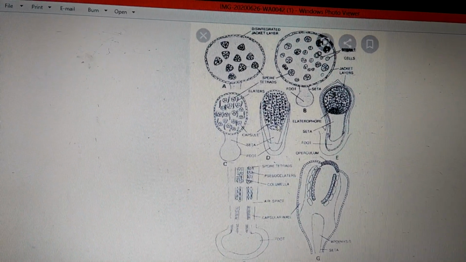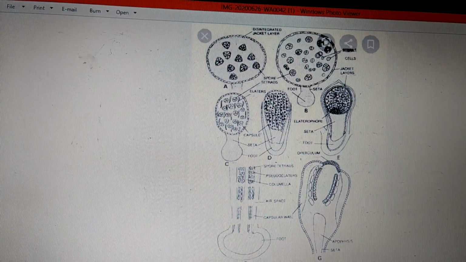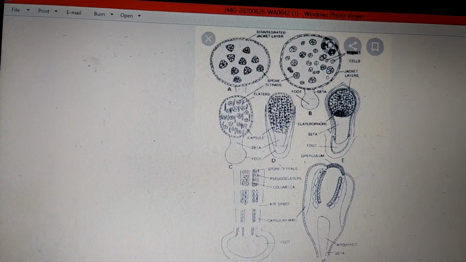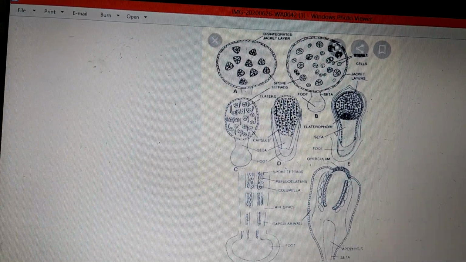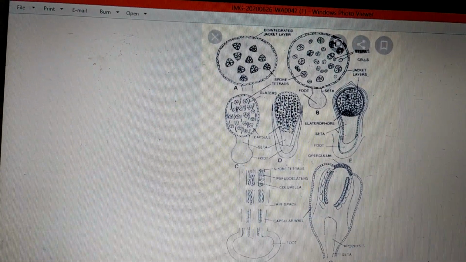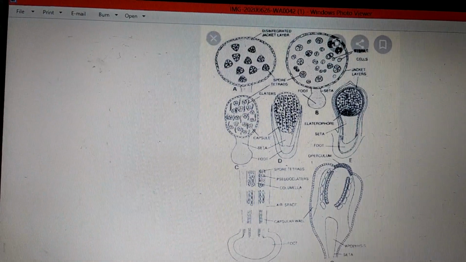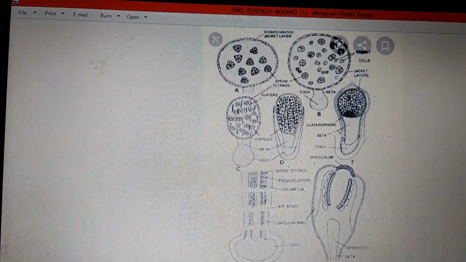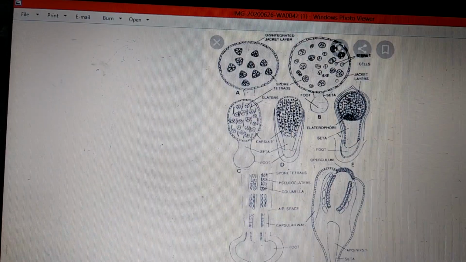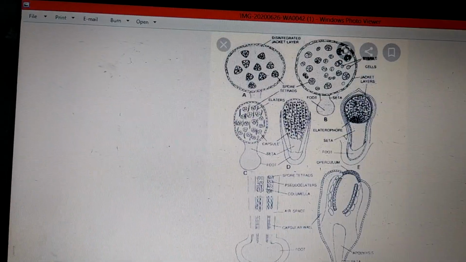Those cells which won't undergo meiosis are going to act as nurse cells. Now what is the function of the nurse cell? The nurse cell is going to provide nourishment to the growing spores. Nurse cells in future are going to form a structure called elaters. We have discussed elaters during our bryophyte session, where there are 2 types of elaters. One is true and the other is pseudo. Usually true elaters are found in Marchantia. The function of the elaters is to help in the dispersal of spores when the spores are mature.